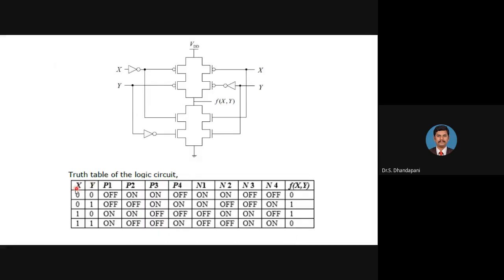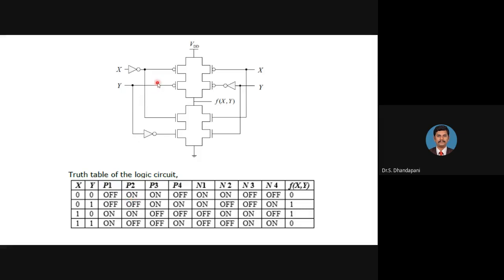When x and y both are 0, let us take this as P1, this as P2, this as P3, this is P4, similarly N1, N2, N3, N4. So for all the cases, simply we are finding which transistor is on, which transistor is off.